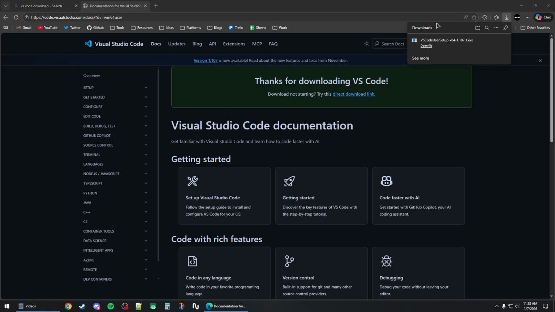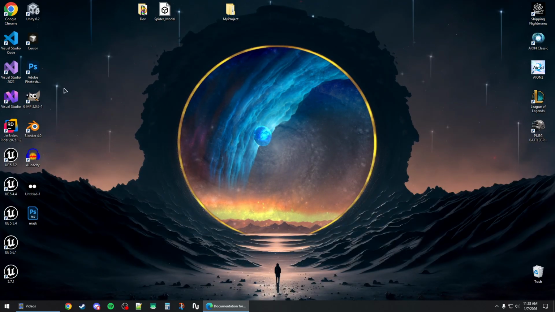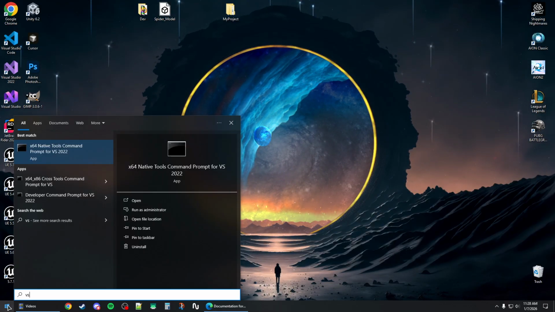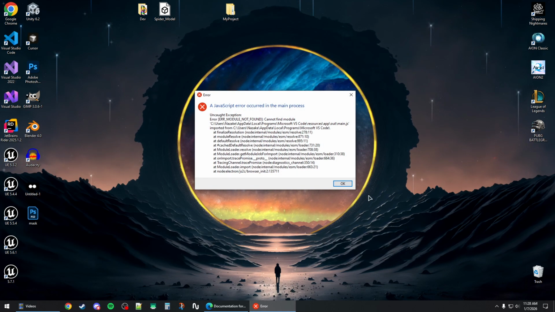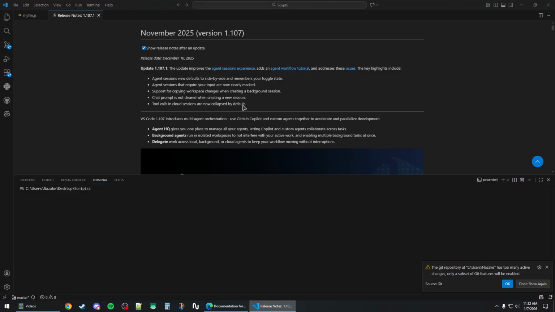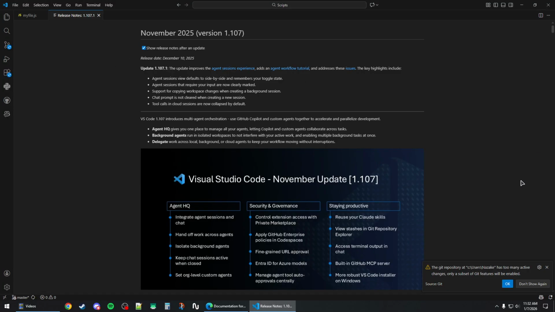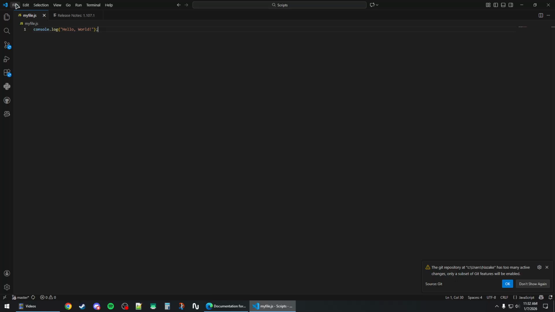Now once it's done, you should find VS Code on your desktop, or you can look for it by typing VS Code and then open up the application like this. And this should open up Visual Studio Code, where you can start using it by creating projects and adding